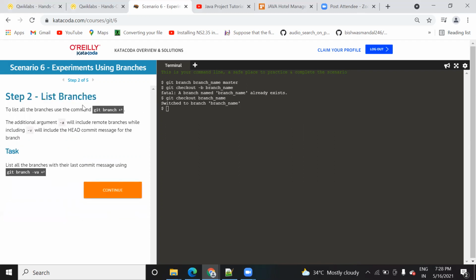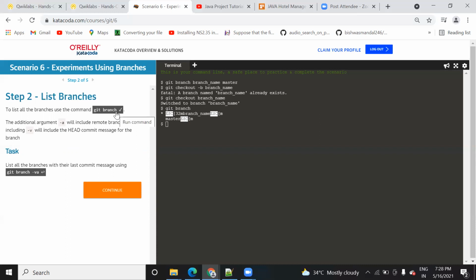After that, the next step tells you how to find the list of branches that you have created, with the help of this command. When you click on this command, it automatically gets executed. Let me show you. I'm just clicking on it. See, when I click on this, it automatically gets executed and lists all the branches.